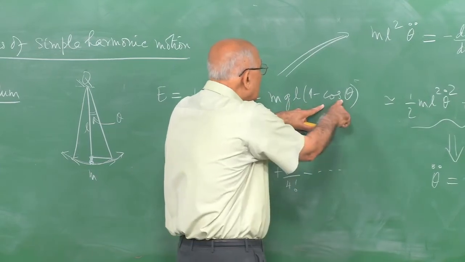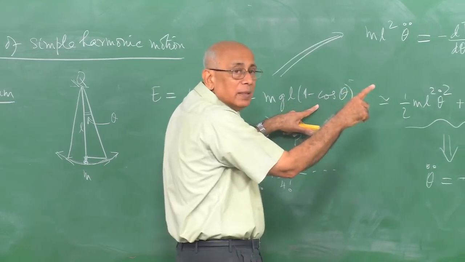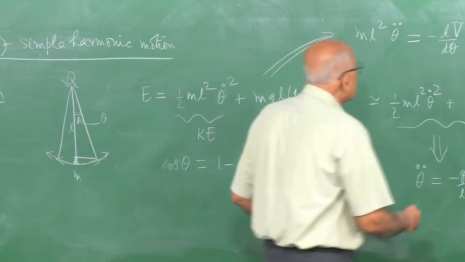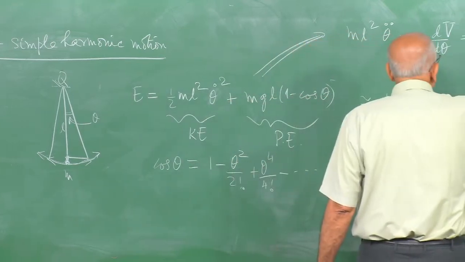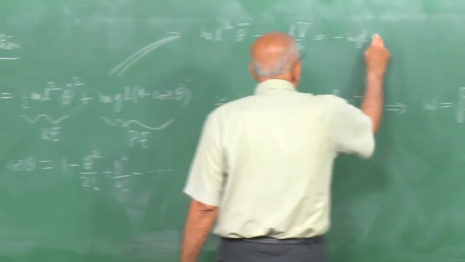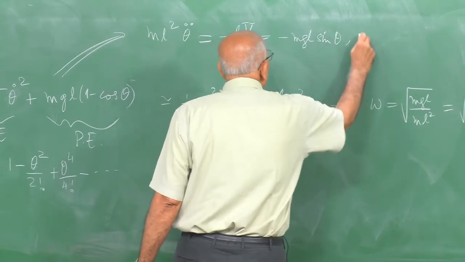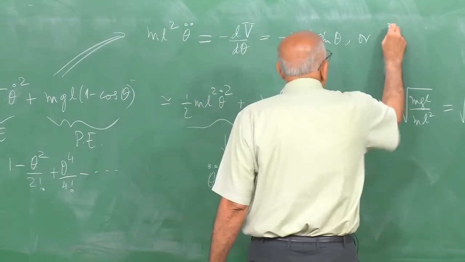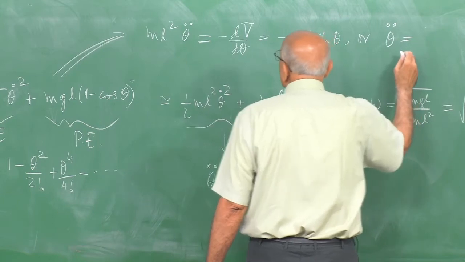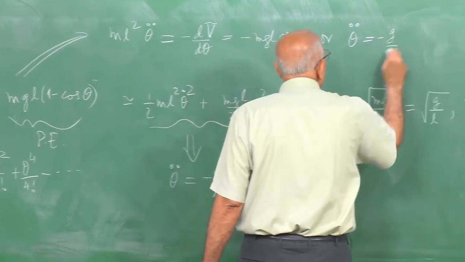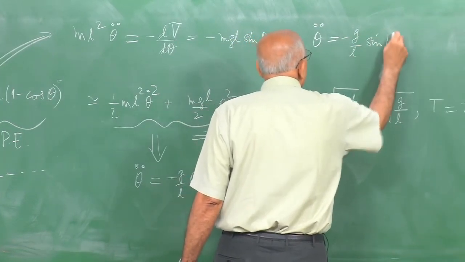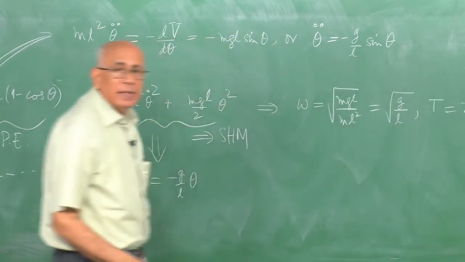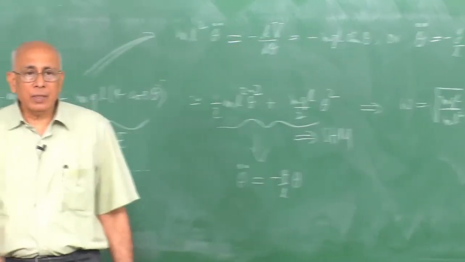You differentiate a minus cos theta, you get a plus sin theta, then you put a minus sign, so this is equal to minus mgl sin theta, or theta double dot equal to minus g over L sin theta. That is the exact equation of motion for a simple pendulum,